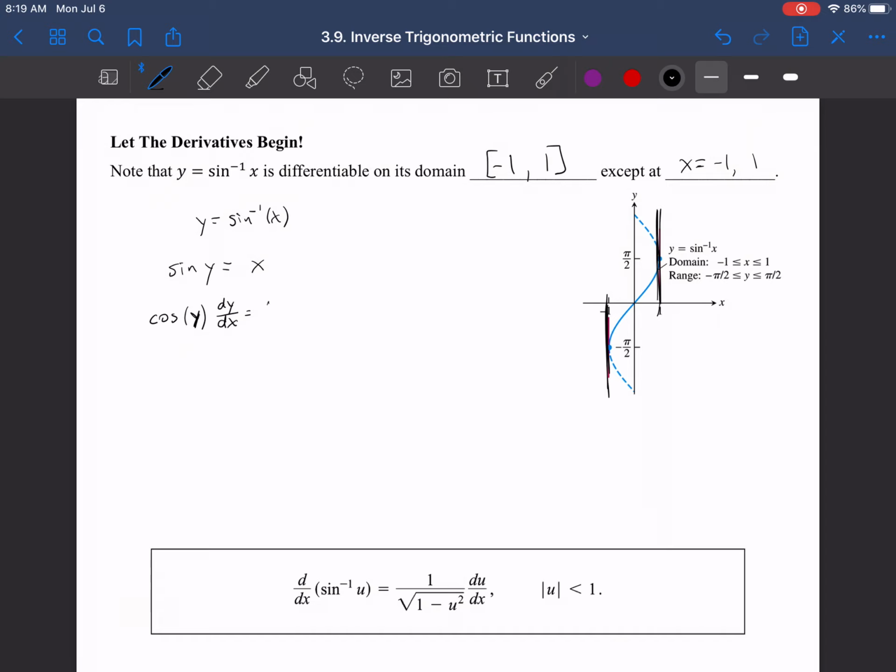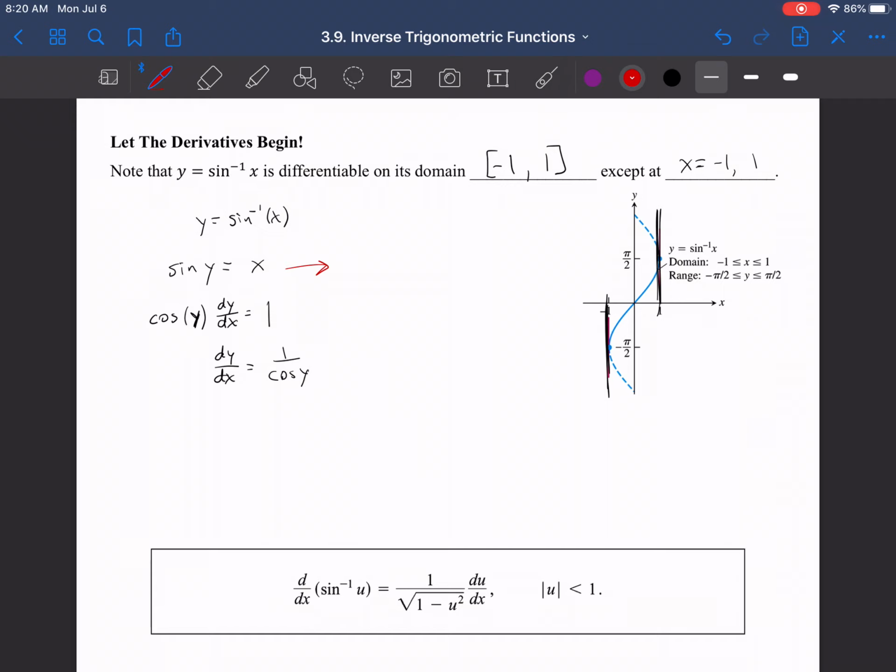And so that's just 1. Because all we have is the derivative of x. And so that's what we end up with here, which means dy dx is equal to 1 over the cosine of y. And we don't actually want to stop there, because if we come back up to this point right here,